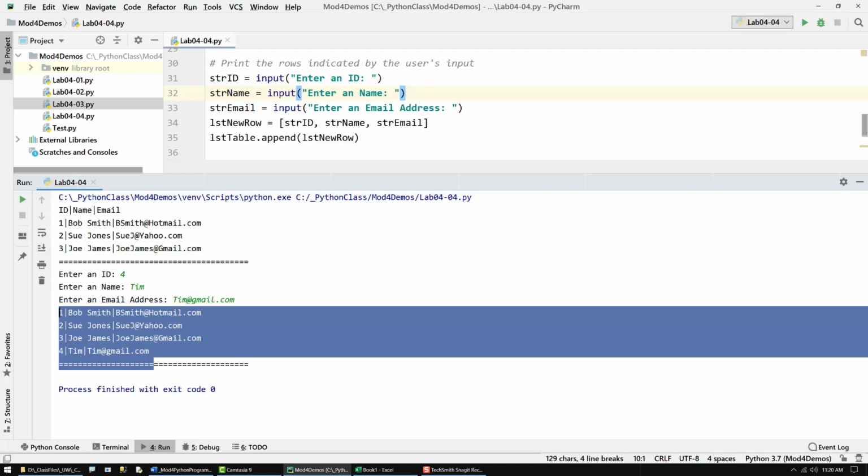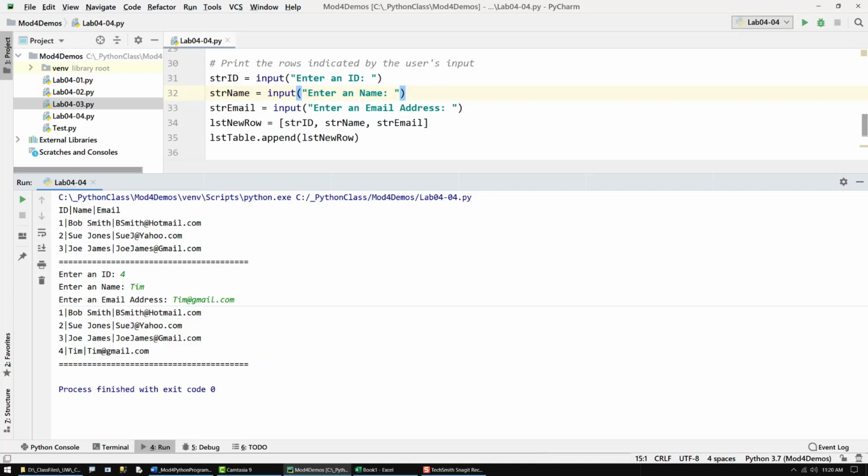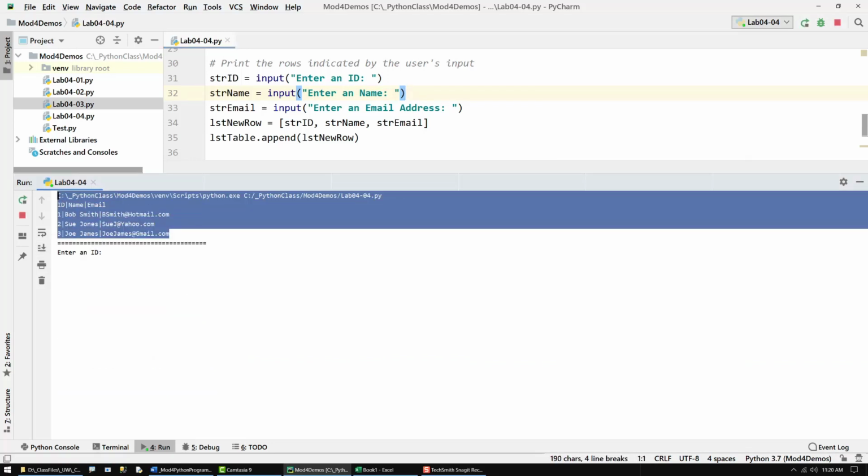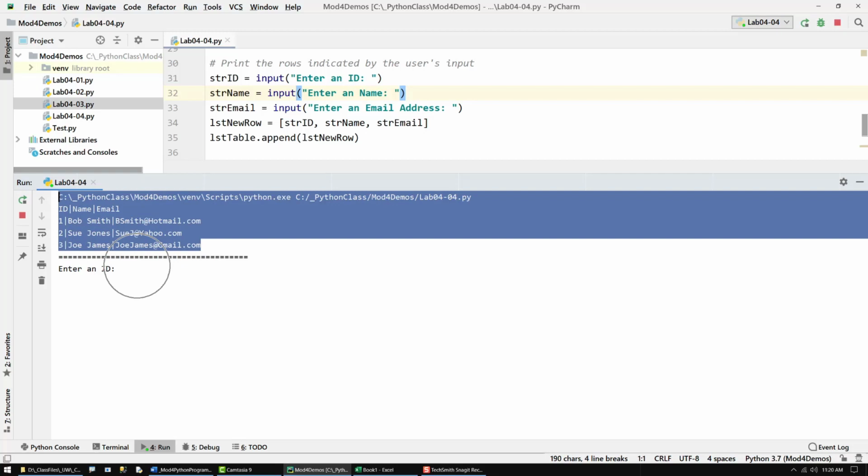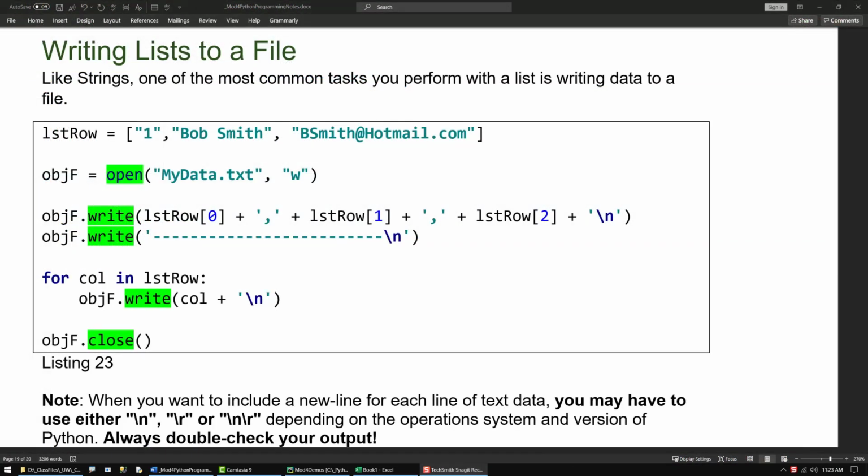Now, of course, every time I end the program and I start up again, it reverts back to its original form because, well, I lost all my changes. I probably want to make things more persistent so that I can keep those changes I put in there. And to do that, we're going to look at writing to a file. Writing data from a list